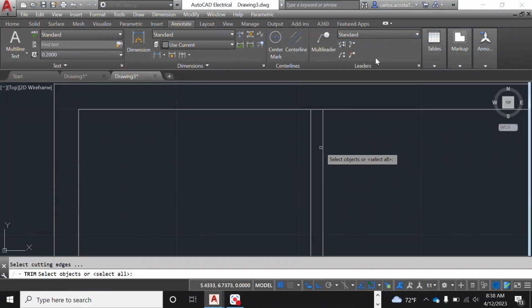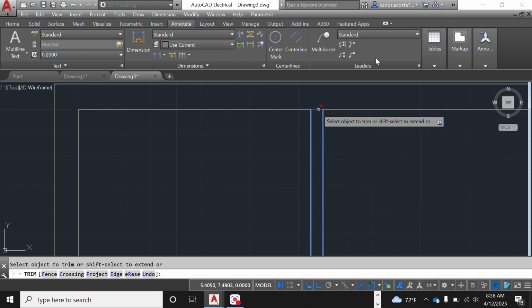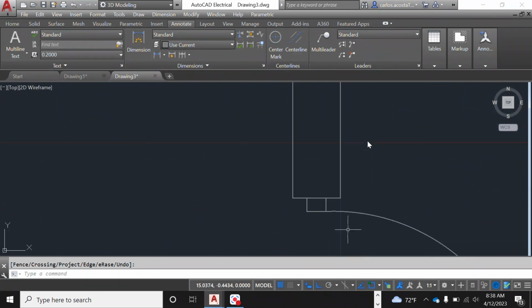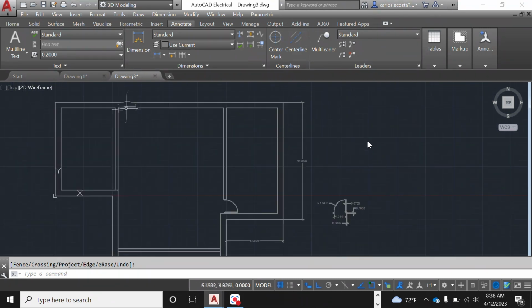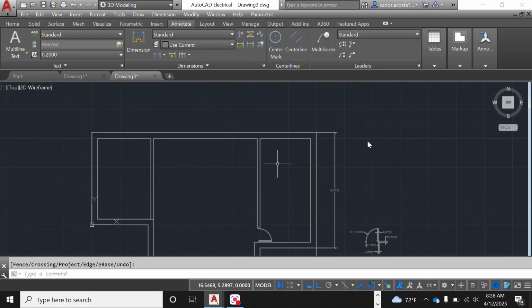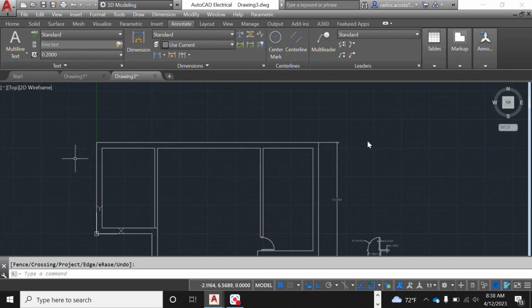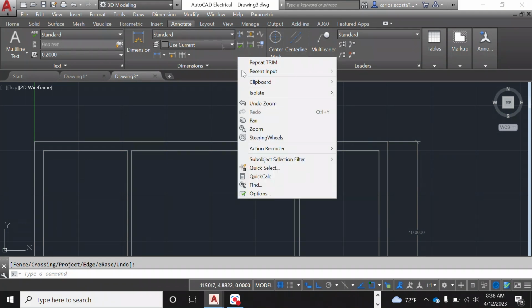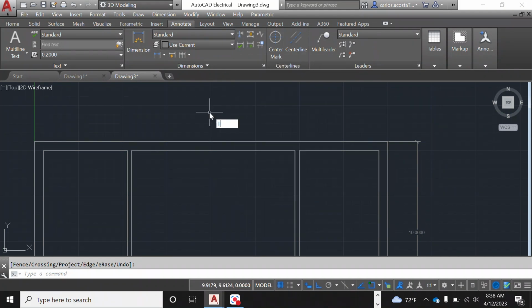I'm going to do trim again. Select these lines, enter, and cut this. Okay, that was bothering me because when you do the dimensions, you'll have to give this thickness too. Alright, so let's do a window here, which in that case, what we're going to do is go to line,